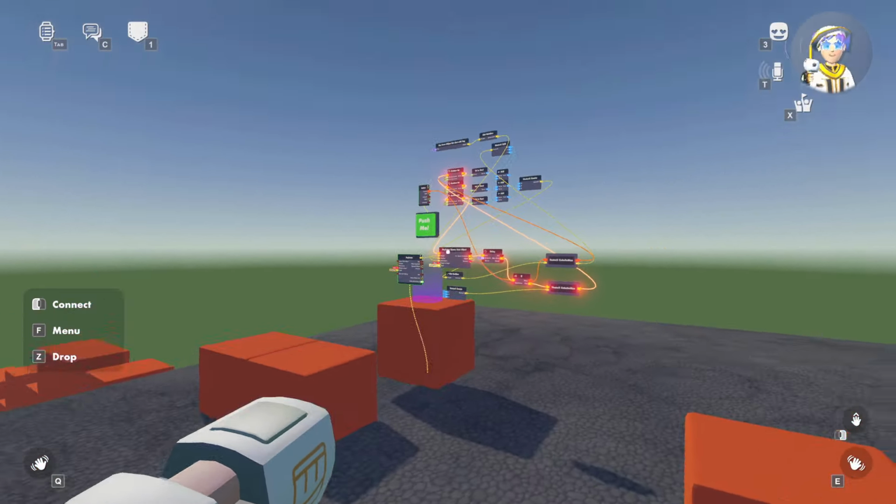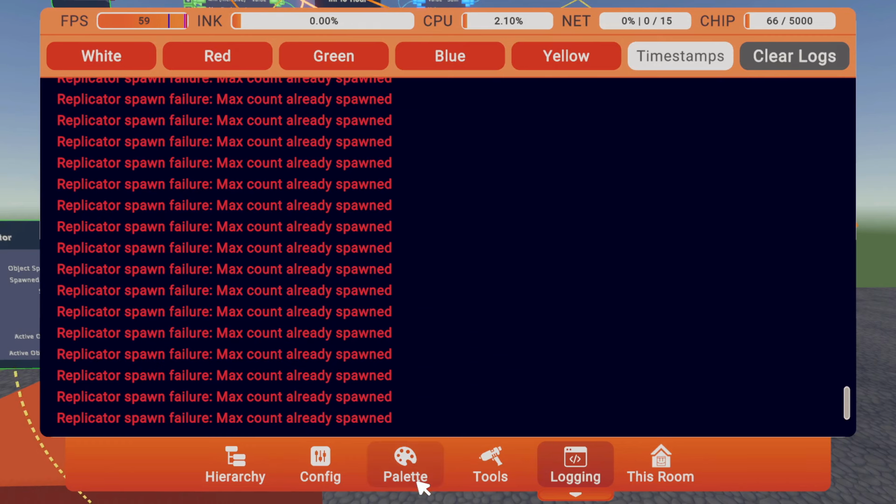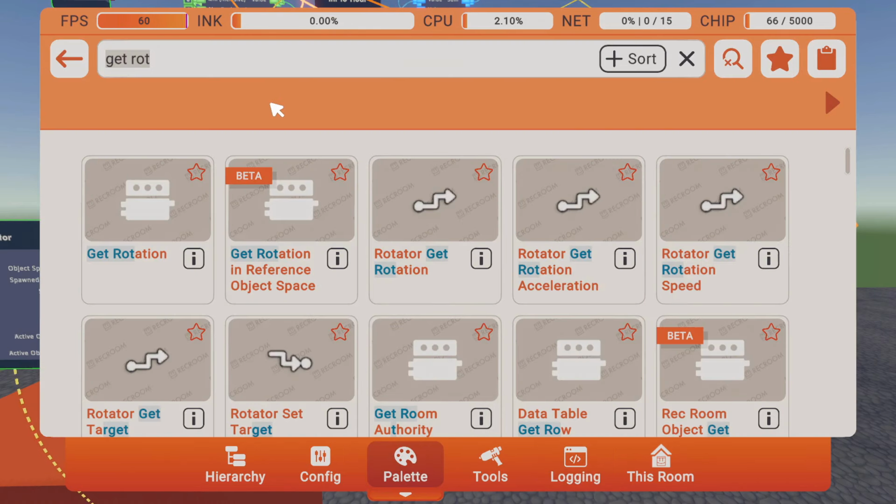So let's go ahead and fix that. You'll see that we have our max count already spawned. Let's go ahead and figure out how many replicated objects we have. So we could go to replicator, get active objects. Let's add this down here, and we want to get which objects. Let's get the objects of our replicator. Okay, so we just click that to the replicator. You'll see that we have 100 objects spawned. Let's go to list get count